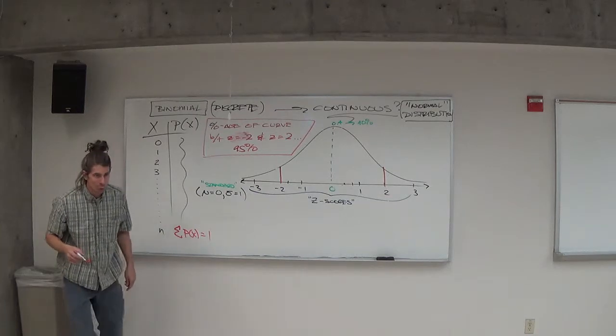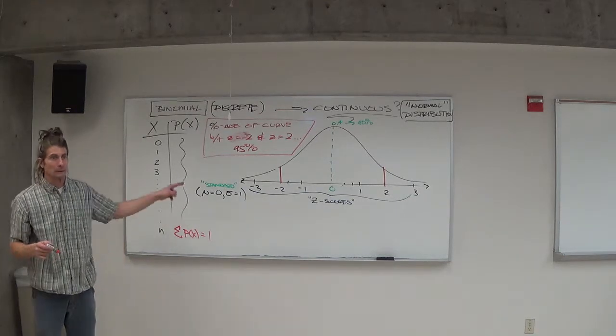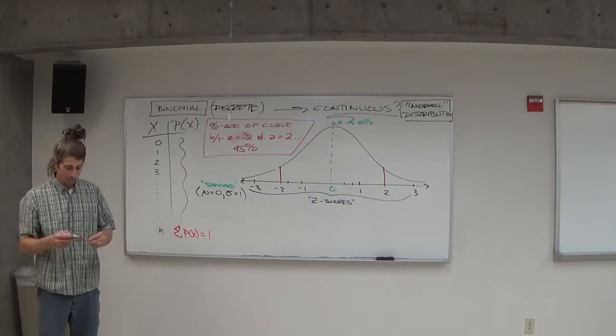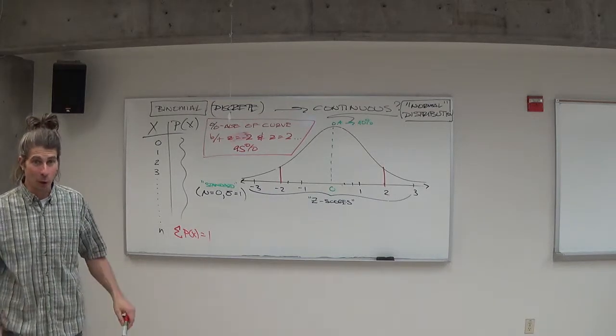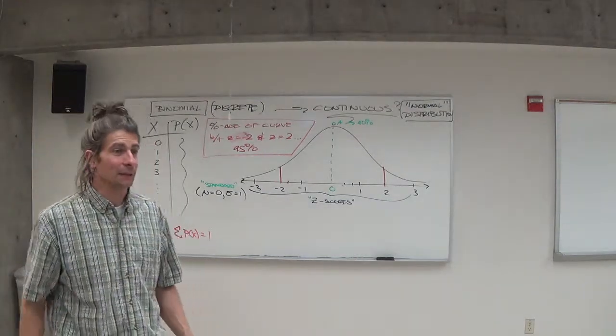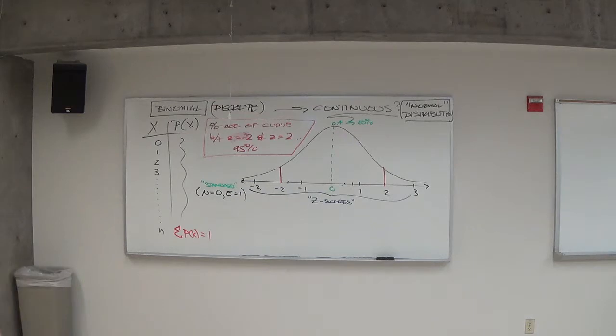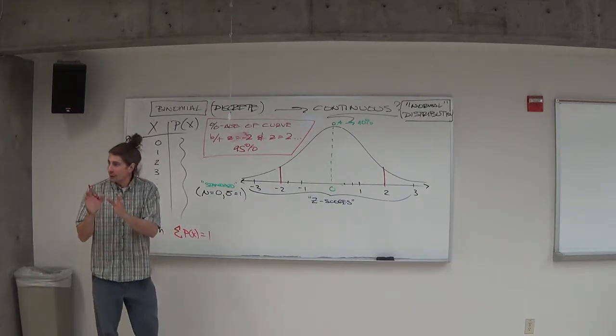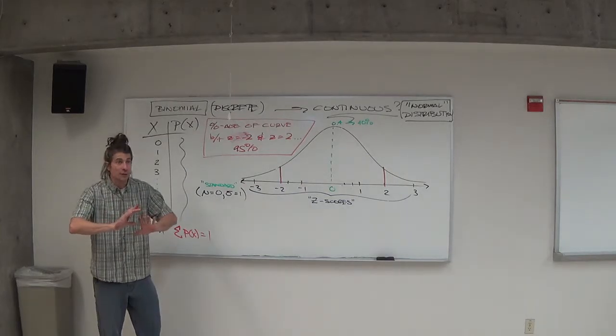The problem, of course, is how many probabilities are there on that curve? Define a lot with 1 word. Infinitely. That's 2 words. Infinitely many. Sorry, I need 2 words. Infinitely many. There are infinite of them. I'm going to use 2 words, David. Infinitely many of them. So in other words, in order to calculate the 95% for the 2 standard deviations, I